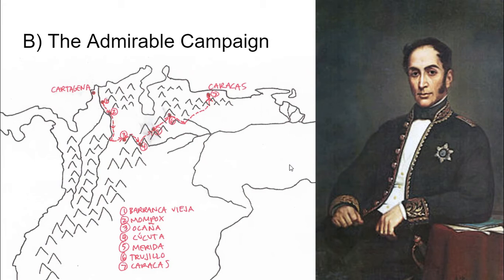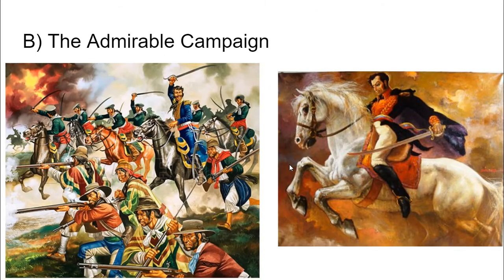Yes, the Venezuelan Republic collapsed, royalists took back over, but Bolivar is able to recruit a small group of soldiers to follow him. He moves over to the city of Cartagena, which we can see on the map here, which is still in Patriot hands, and he launches this lightning campaign known as the Admirable Campaign. He goes up the Magdalena River, launching, again, lightning attacks in order to overwhelm Spanish forces, recruits more troops as he comes, crosses the border into Venezuela, and eventually captures the capital of Caracas and frees Venezuela again.